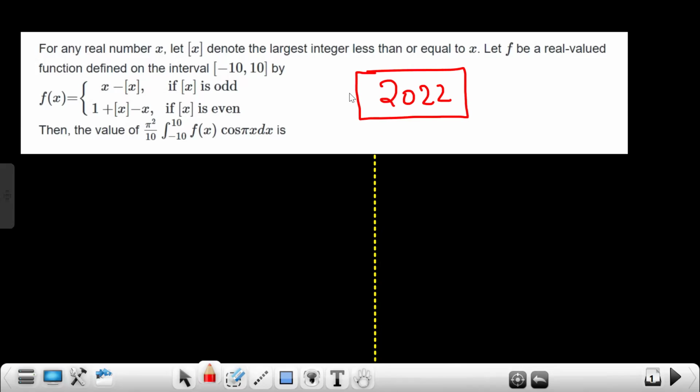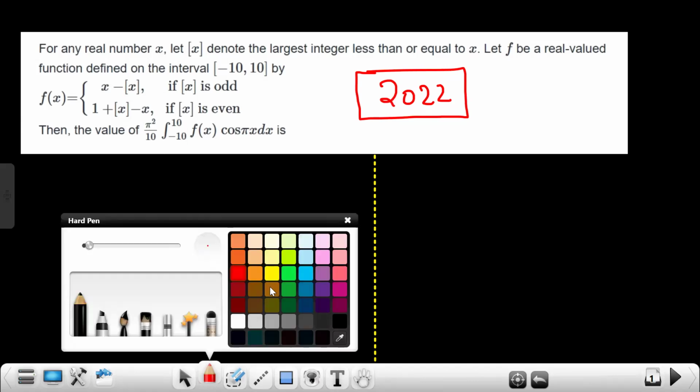So this is the question. For any real number x, let the greatest integer be the largest integer less than or equal to x. Let f be a real valued function defined on the interval -10 to 10 by f(x) equals x minus [x] if [x] is odd, and 1 plus [x] minus x if [x] is even. They're asking the value of: